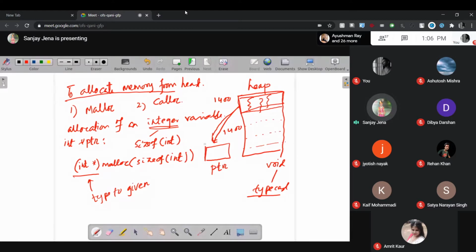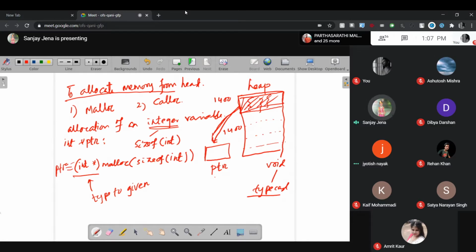Like your builder, malloc is a builder who allocates this much of land. After allocating, whenever it returns, what is the purpose of return? Integer type return or character type return or other type return? That return is to be mentioned. Otherwise, it is a generic return. Term is clear? Okay, sir. Now the integer pointer is returned, store it into the pointer, ptr. Done. Very good.